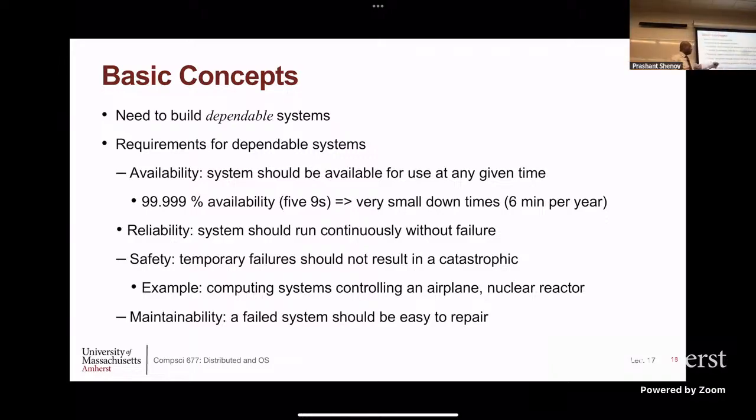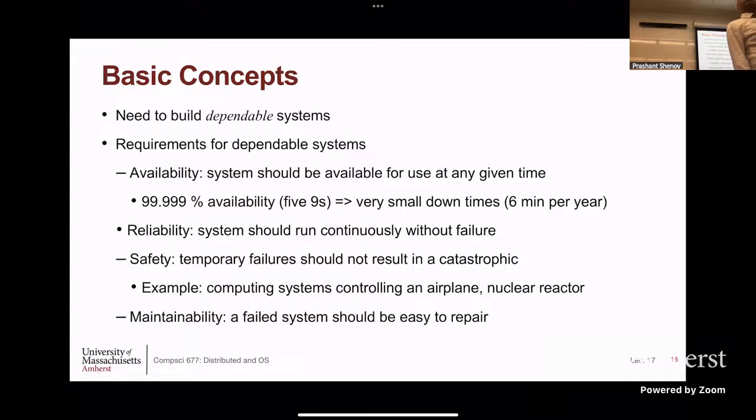And you need safety properties when you have a mission critical system like an airplane. Airplanes are built with very high levels of redundancy. Even if an engine goes down, the plane can fly. Or if some component in the engine fails, sometimes there are 3 other components that can take over. There are 4 degrees of replication, so they have high degrees of replication to ensure a high amount of safety. Same with the nuclear reactor. You don't want some computing software to fail and the nuclear reactor to have problems. So when you build these kinds of systems, you really pay attention to how you build very reliable, safe,